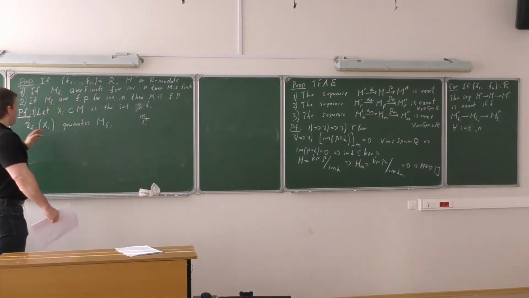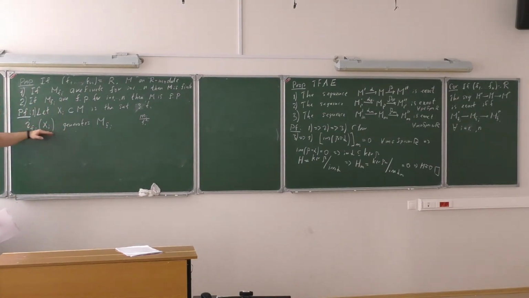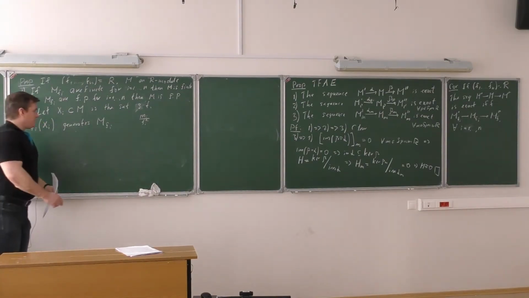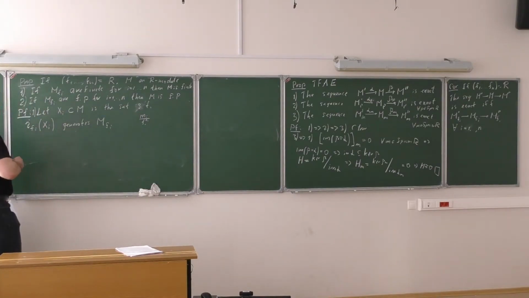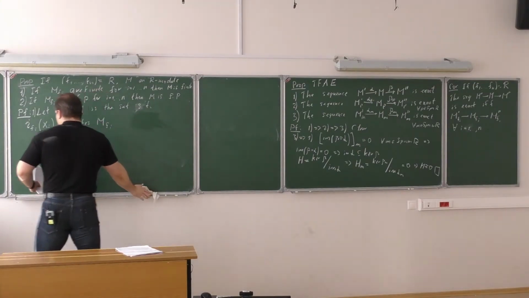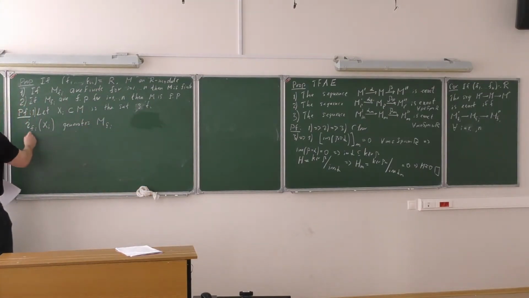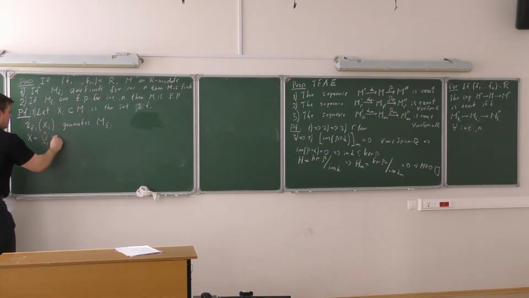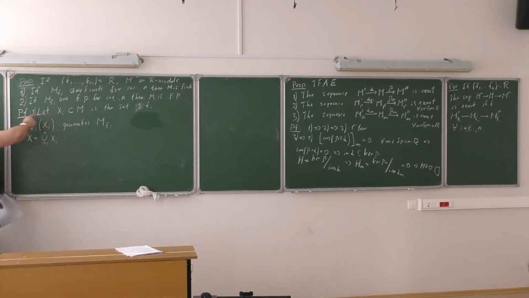And if this is true, the set of generators can be written in this form as the localization of a finite subset in M. So remember that this iota is what you do: you just take the element in the module and divide it by 1. So that's an explanation why I can say that there are such finite subsets x_i inside M. Okay, now the next step is straightforward. You just take X to be the finite union of all such x_i's. So x_i is a finite set, and this union is also a finite set.